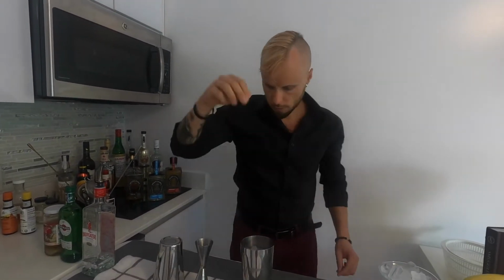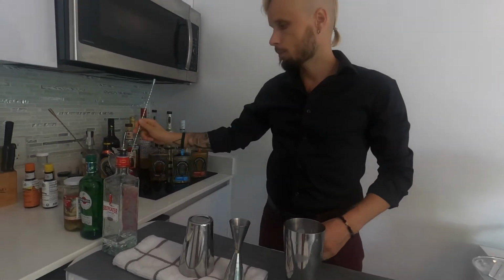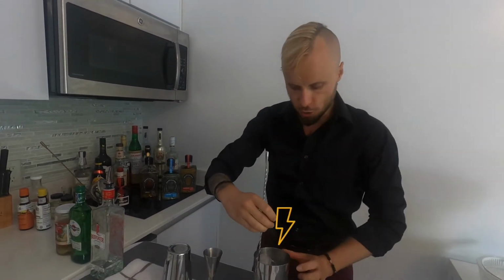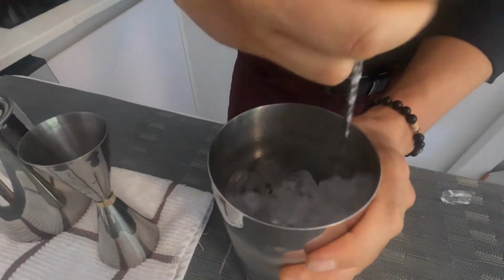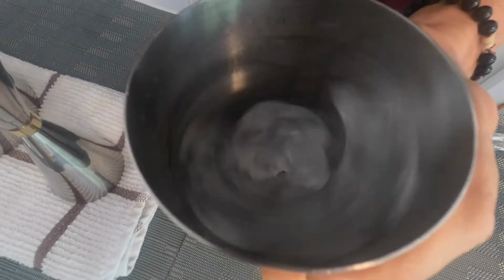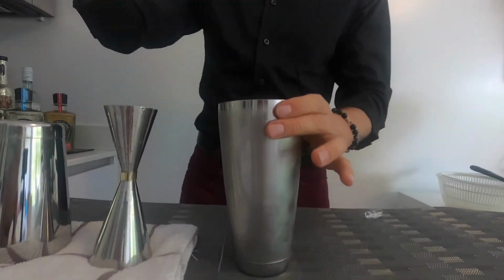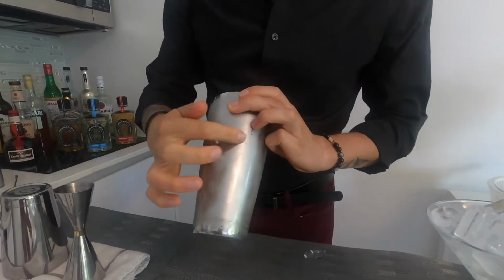Now we are going to put the ice inside the shaker, and now we're going to mix the cocktail. Of course, love, passion, energy, and more love. We stir it for around 30 seconds, so it really dilutes, it really chills. I can feel it with my fingers. And we put more love in our cocktails. I'm discharging the ice